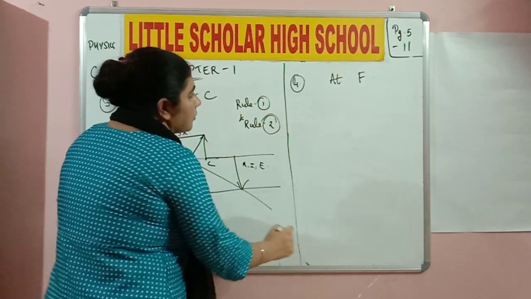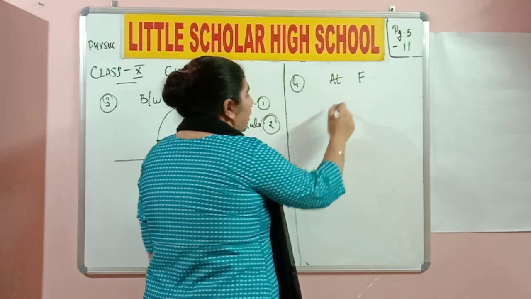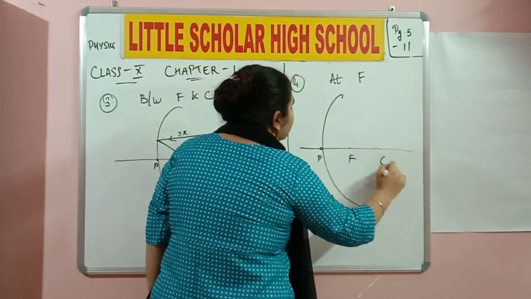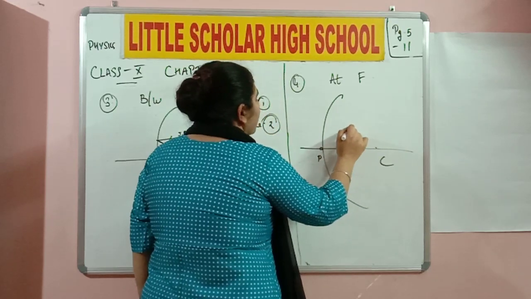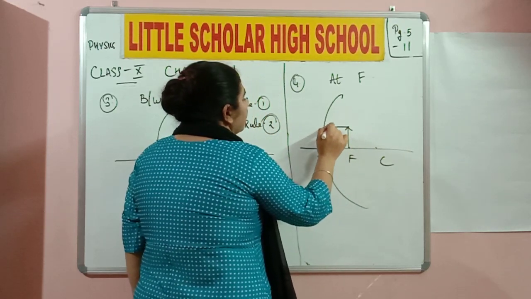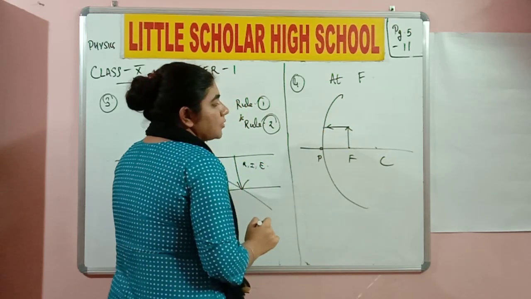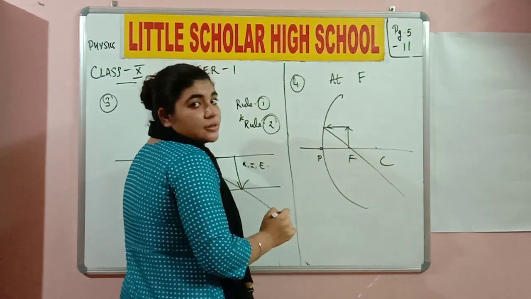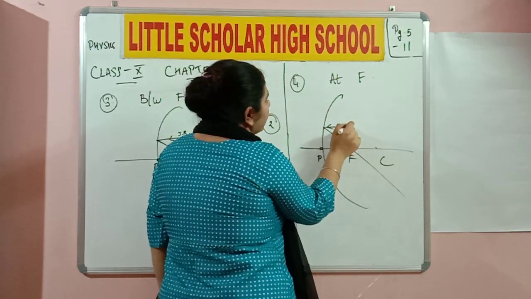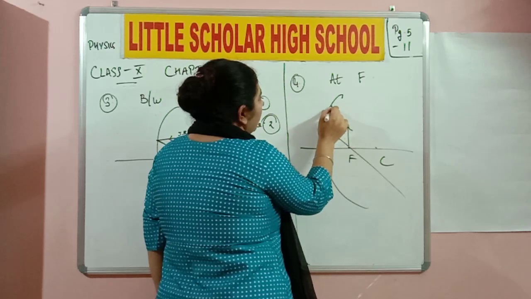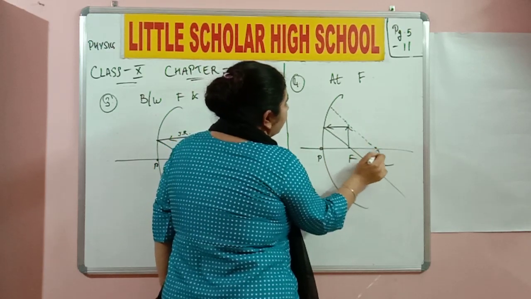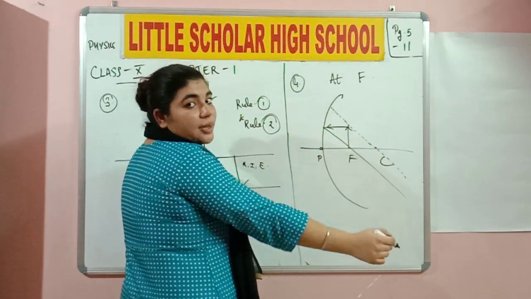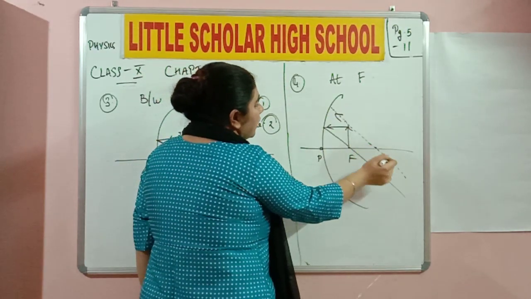Now I have the next one, object at focus. This is the concave mirror and I have my pole over here, the focus and the center of curvature. If I place my object somewhere over here, the first incident ray, again, it is going to be somewhat like this. Then the reflected ray is going to pass through the focus. Now you need to understand this. The second ray that I'm going to draw is going to be the undeviated ray. What do you mean by undeviated? Both the incident and the reflected ray are going to be in the same direction. So you need to draw both the arrows over here.